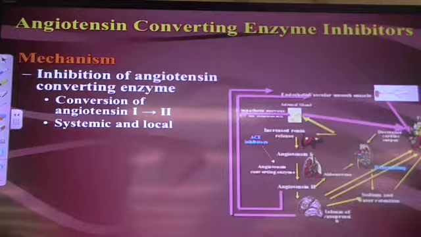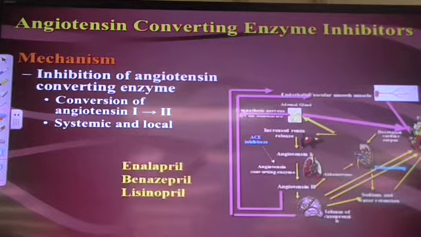We've been talking about them intermittently. Here they are. So what they do, of course, is they inhibit the conversion of angiotensin 1 to angiotensin 2 that happens in the vasculature. So what we're doing is we're preventing the formation of angiotensin 2. Now the nice thing is when that happens, we'll see here in just a couple minutes, we get rid of a whole bunch of side effects.